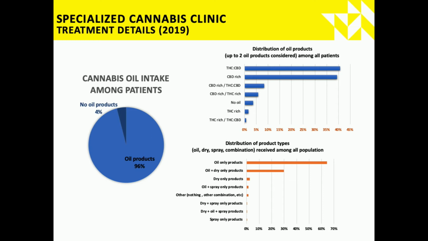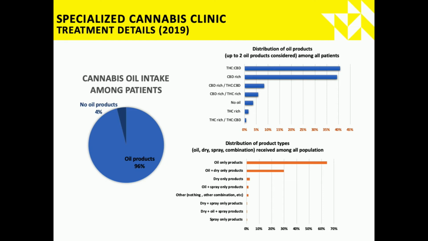The other important thing to notice is that in almost 70% of the patients, we just use oils. So when a patient comes and says, well, doctor, I don't want to smoke, well, you don't have to smoke. And you probably will see less and less patients using inhalation because it's not practical. If you are with other people, or outside your home, to start to smoke or vape cannabis is impossible. It's good for inpatients, it's good for certain conditions, but it's really impractical.